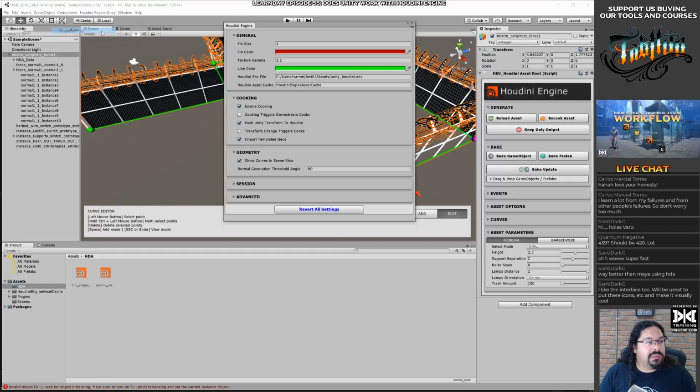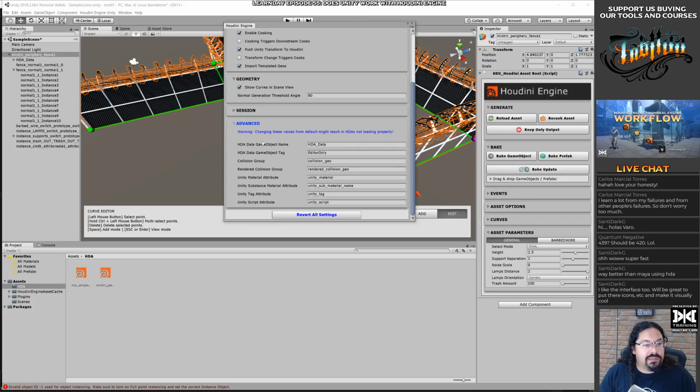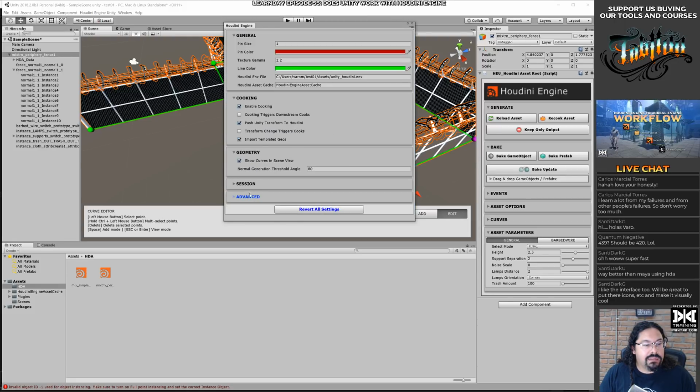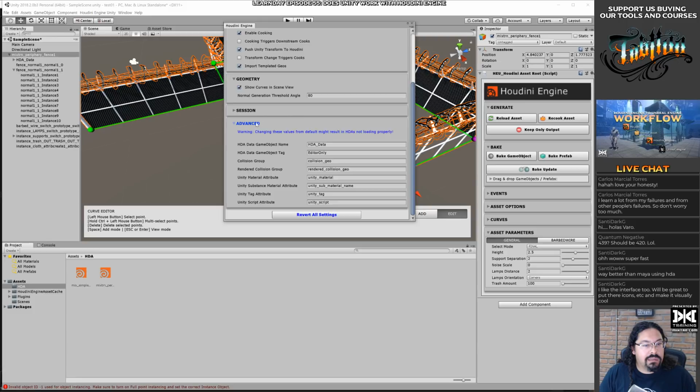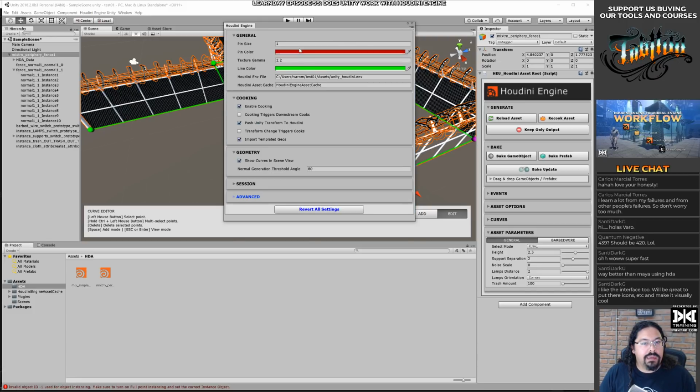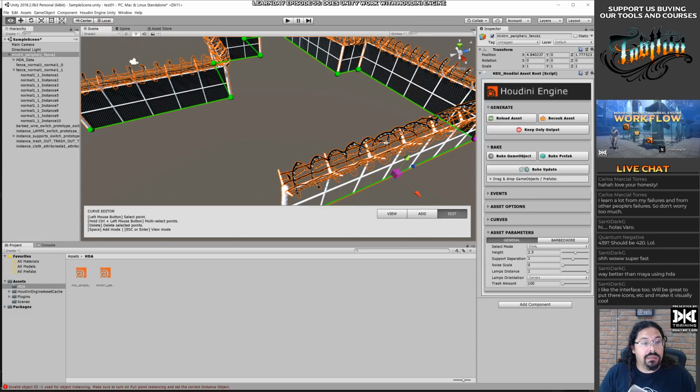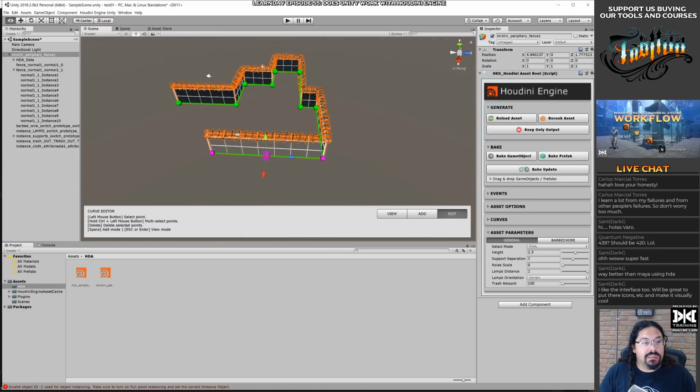Unreal Engine plugin settings, that should be. Show curves in scene view. Bands. Nah. Okay. Pin size, line color, texture gamma. Alright, so it's working okay.